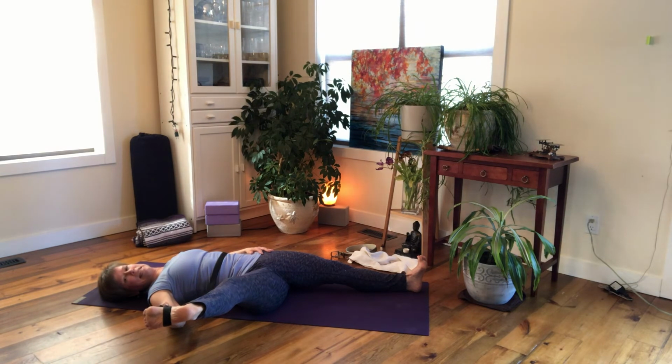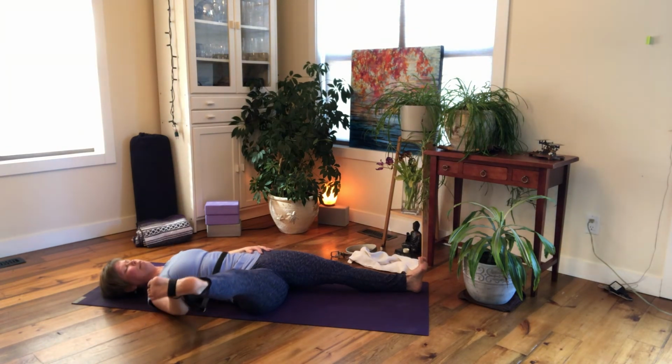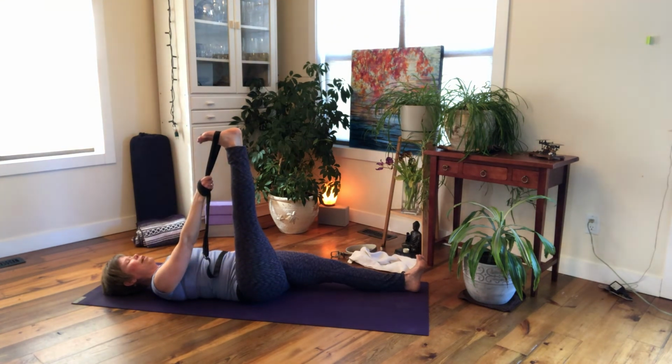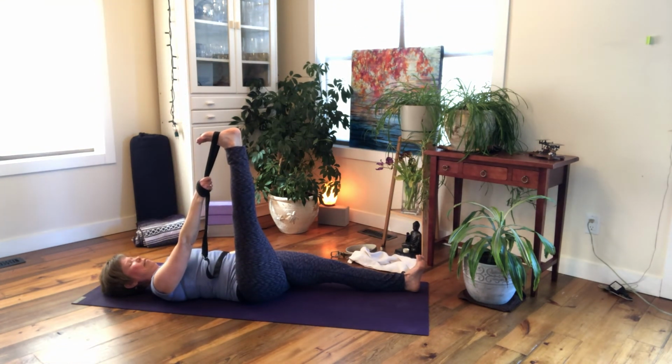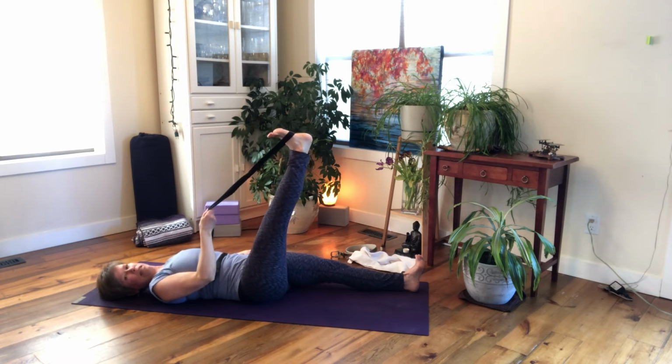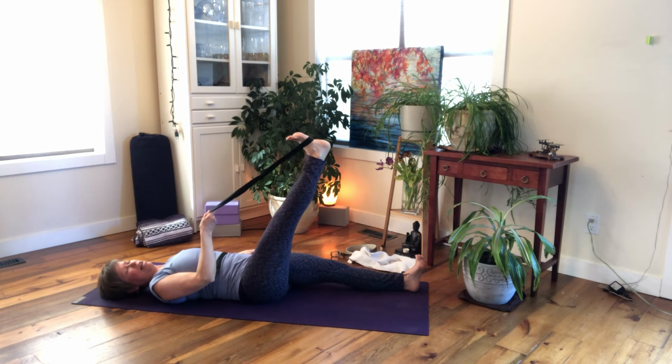On your next inhale, the leg rises. As you exhale, pause here. Low belly draws in quite strong to the spine. Inhale. As you exhale, begin to lower the leg, extending through the heel and using the tie to guide the